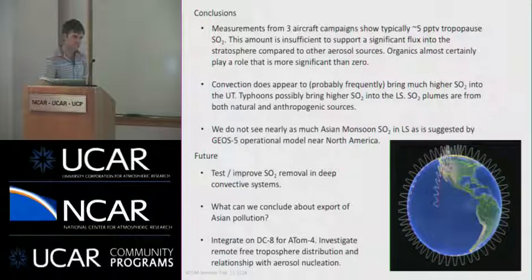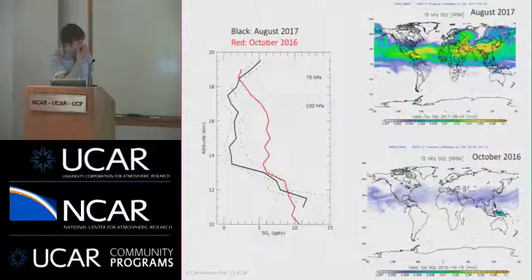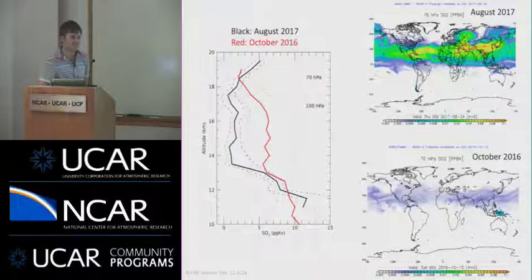So Andrew, thanks very much for the introduction. That was very helpful. Sure. So regarding the SO2 in Asian monsoon outflow, I've been thinking a number of things. One is I know the recent StratClim campaign, the Geophysica did see a very high plume. Yeah. And so I guess the thinking is that there is a lot of SO2 in the Asian monsoon outflow. So the fact that you didn't see it, how much is the particular forecast run was not representing it right, or is it just a pure